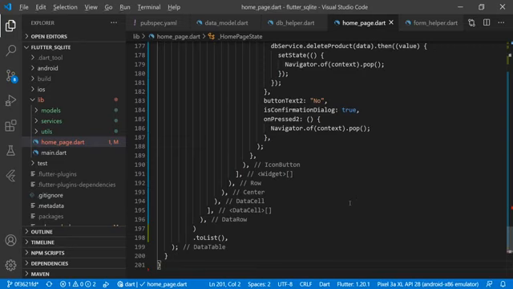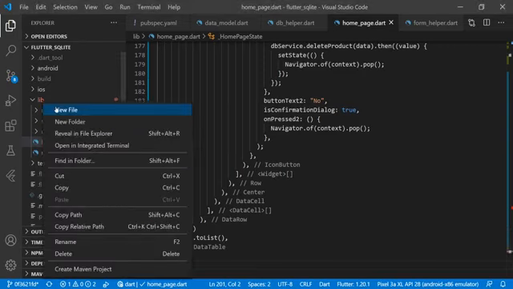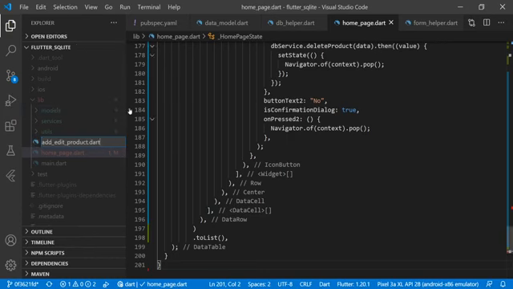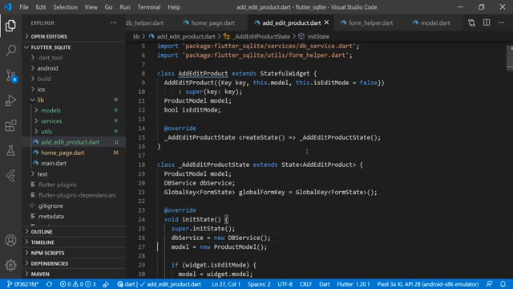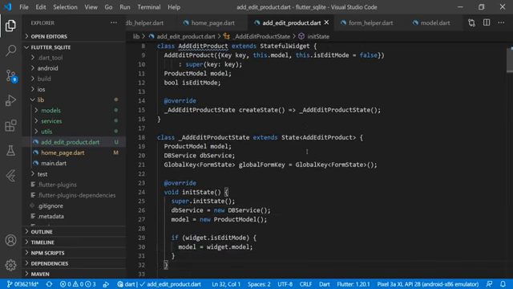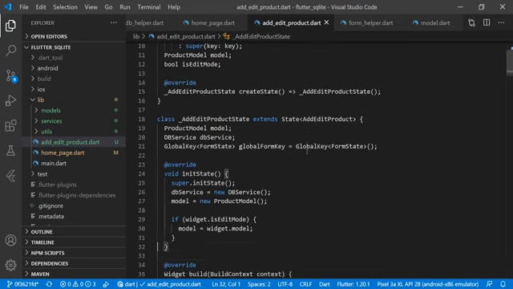Now we will create one more page. Now we will create one page of add_edit_product.dart file. So this page also we are using as a stateful widget, and here we are passing our model, that is ProductModel, and we are using it as a variable. Then we have a DBService, then we have a GlobalKey of FormState. In the initState we are just initializing our DBService class, then we are initializing our model class,